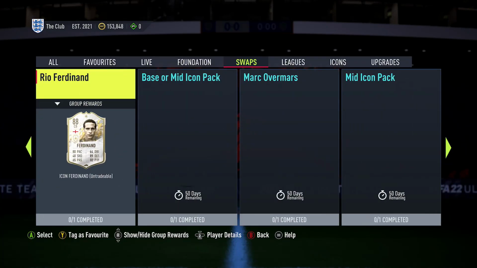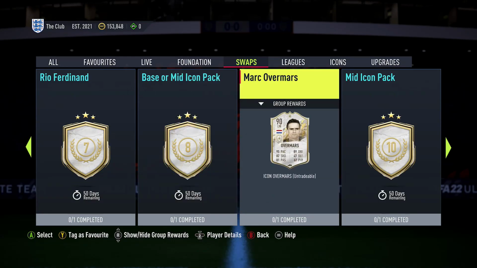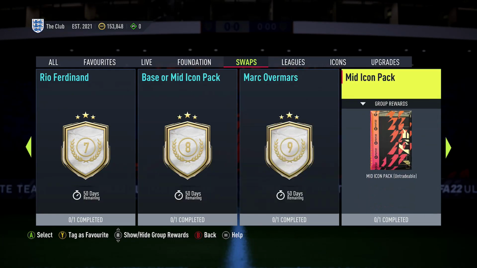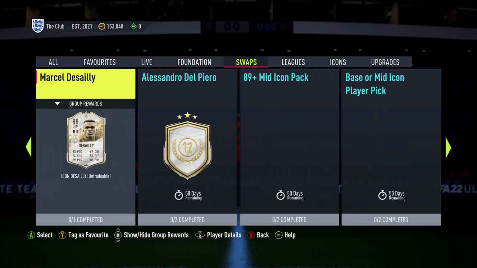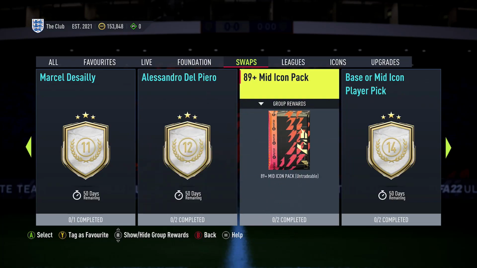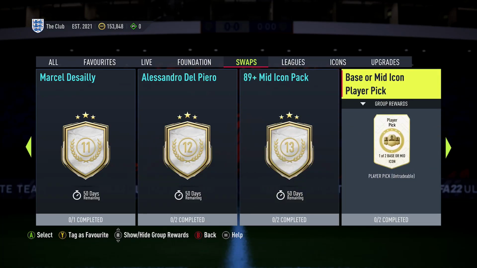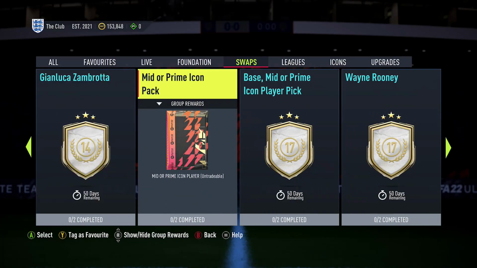I'm not completing any of the SBCs right now. Every single one of the SBCs at the time of recording this video has 50 days left. And instead of worrying about what SBC I'm going to finish, I'm just spending as much time as possible going through the different icon swap objectives and seeing how many swaps I can get by the end of those 50 days. Because some of those choices that I have right now may not actually be choices at the end of